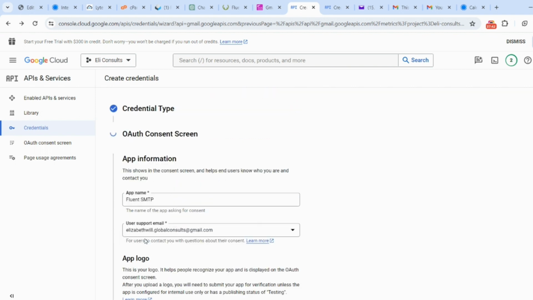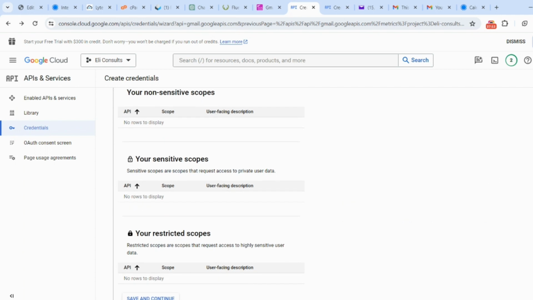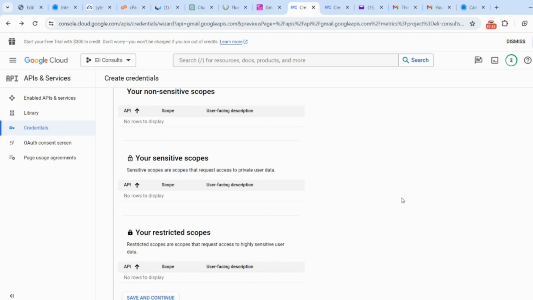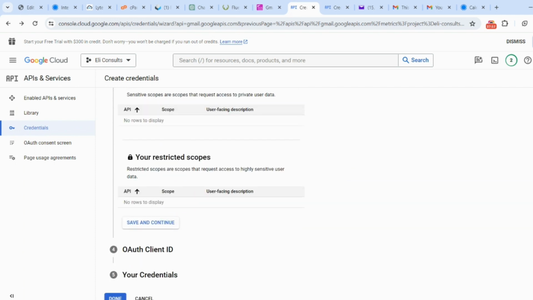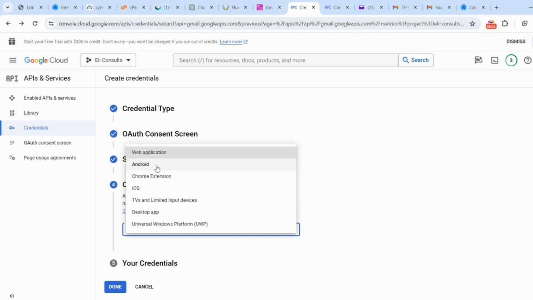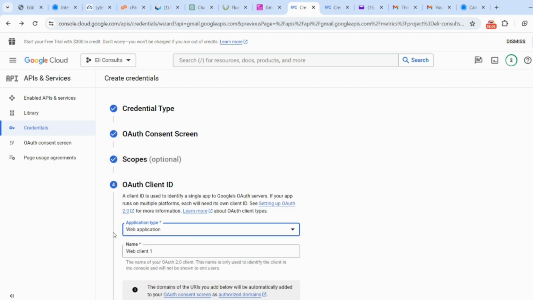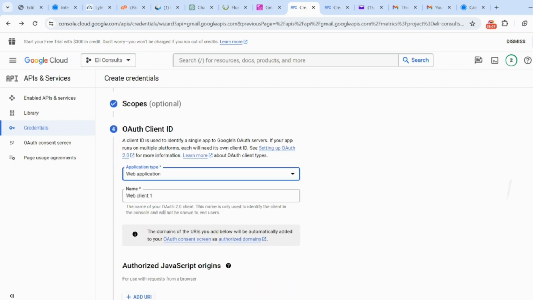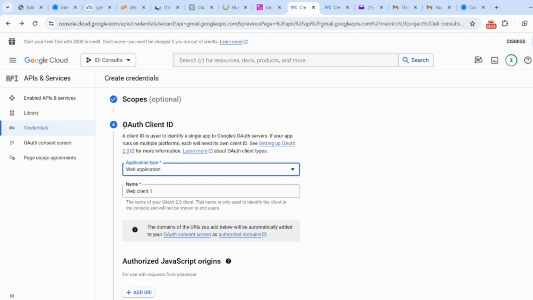Then click on save and continue. At this point, you do not have any other business on this page. Just save and continue. And when you get here, select web application as your application type under OAuth client ID,